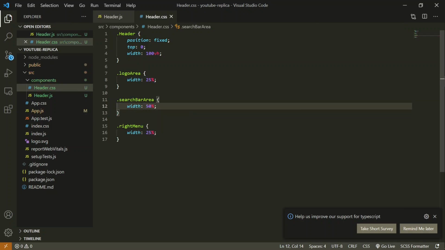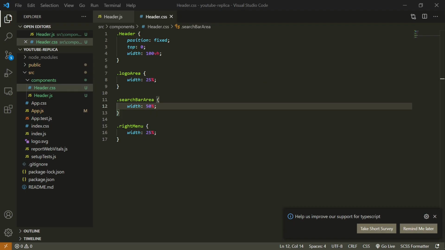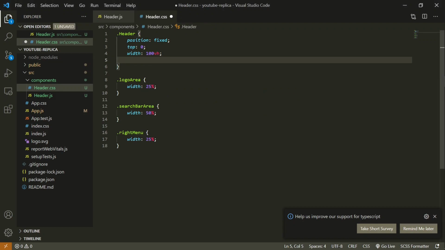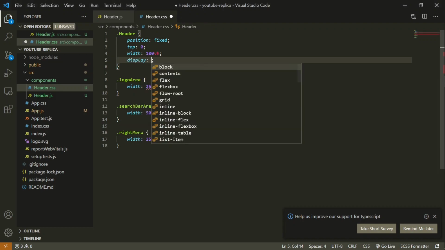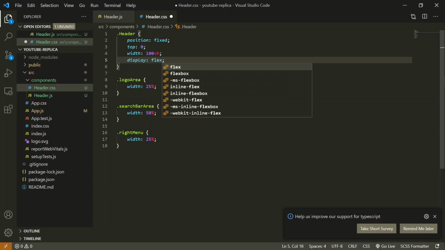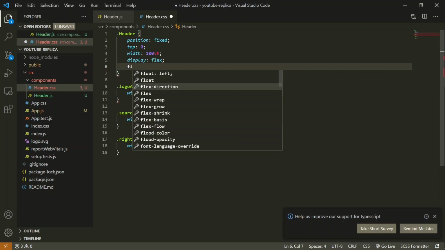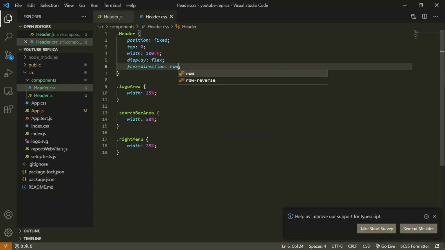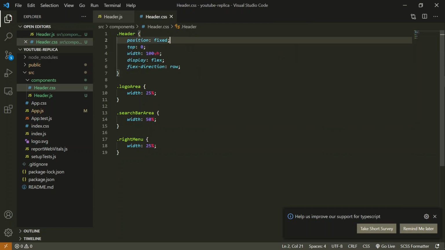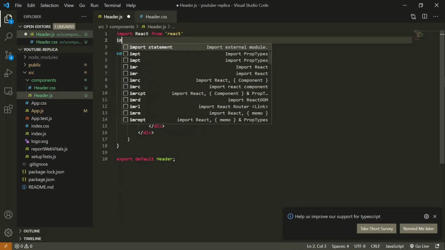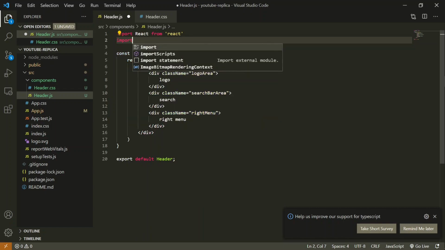Let's save it and see the output on the UI. So here we can see these divs are still in the column view. So we have to place them into the row view. So what we are going to do, we are going to add display over here and use the flex property of CSS. And we will say display flex and flex direction will be row. So in this manner every element inside this header element will be in a row. Here we forgot to import this CSS file, so we have to do that as well.